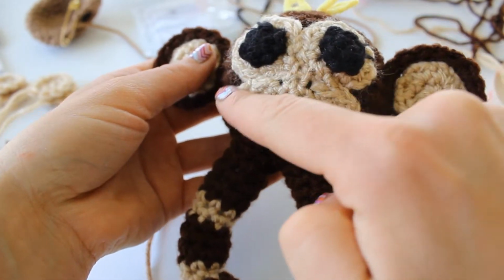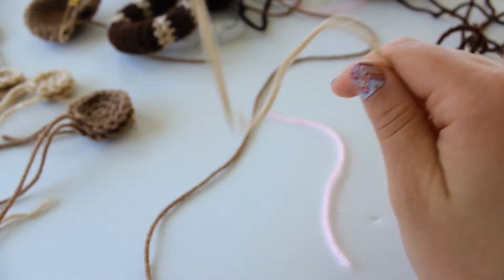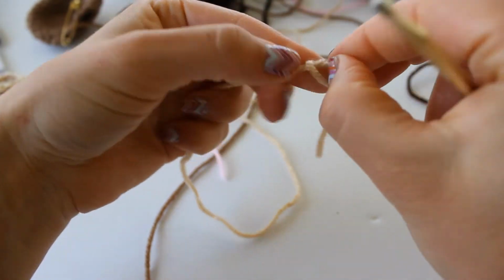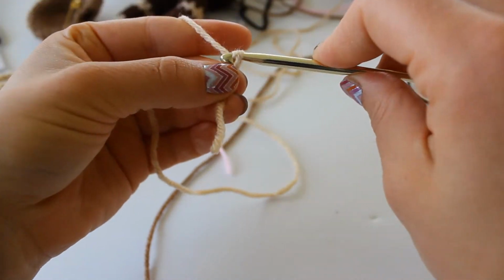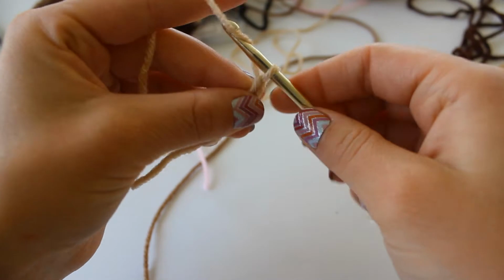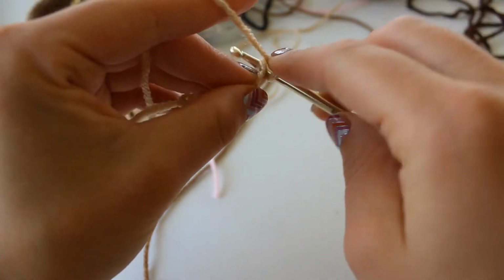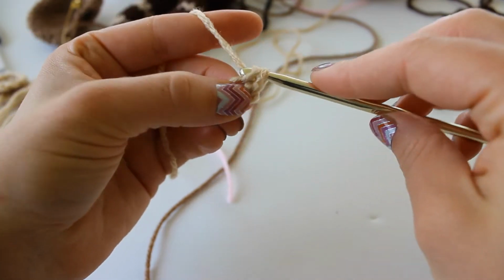And the last little applique that I need to show you guys how to make is this little back mouth piece. So you're going to use that buff yarn again, or if that's the color you're gonna use, that lighter colored brown. And you're going to make a slip knot. And you're going to chain 7: 1, 2, 3, 4, 5, 6, 7. You're going to single crochet into the second chain from hook, so that one right there,